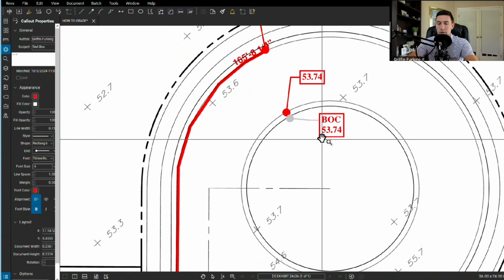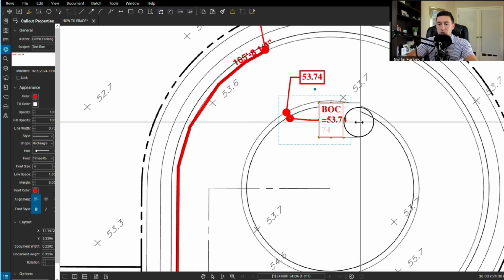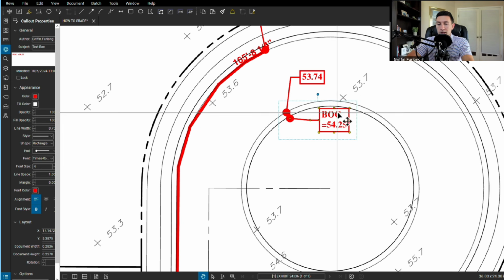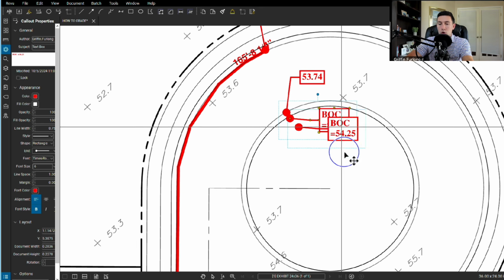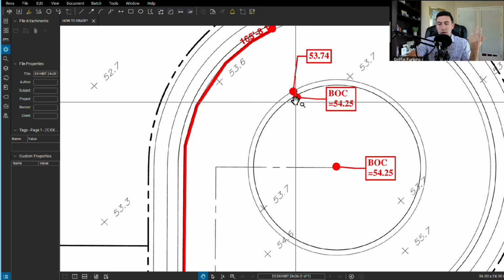So I'm going to go back of curb. I like labeling the back of curb grade just to give the contractor a direction here. And we're going to go 53.74. Now let's add half a foot. So it's going to be around 54.25. Now, if I want water sloping away or built up in this area, I'd either want one or